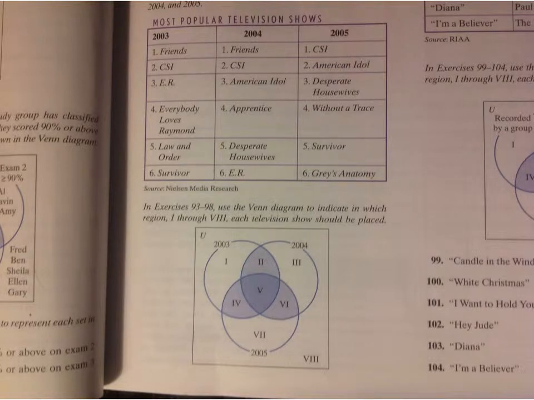But the goal is to take this table and put it into a form that will help us separate these things out in the set, and then we can start to answer some questions about it. So it's a bit tricky. This is on page 89 in your textbook, so make sure that you have that, and then we can go from there. And the goal is to take these elements right here, like Friends, in 2003 and 2004,